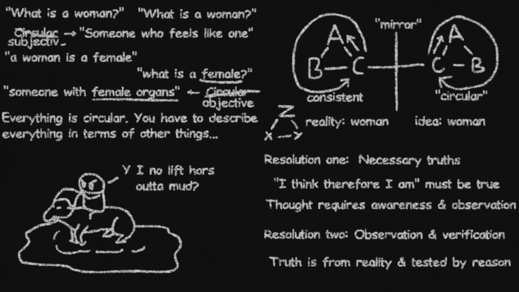Objective versus subjective, not circular versus non-circular, because all arguments are circular. Or at least all arguments can be considered circular, because some may say that we have a straight through line here from woman to female through observation that does not require any other statement. However, I think this neglects the concession we made earlier. If reality is consonant, our statements are as well.